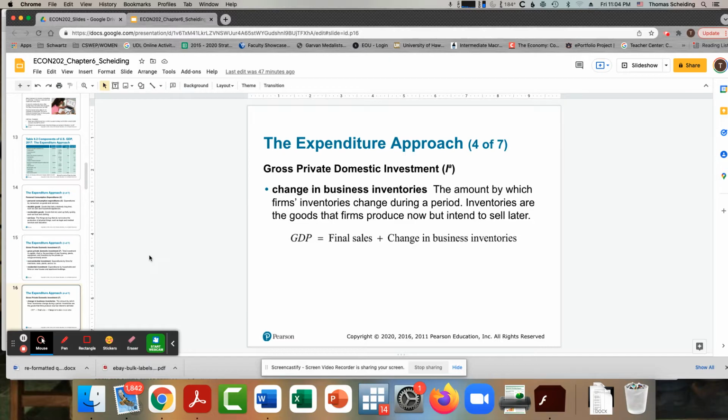On the other hand, if it's expecting more demand in the future because it really thinks its product is going to take off, it may want to build up its inventory in anticipation of more sales. Sometimes we even see this with companies that sell seasonal goods, right? A company that makes Halloween costumes builds up its inventories in September because it knows in November it's not going to be selling too many witches costumes, probably.